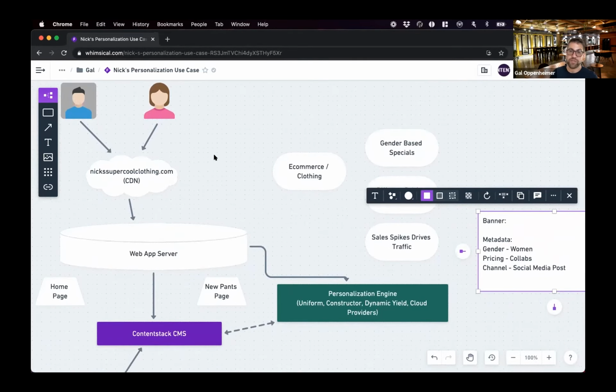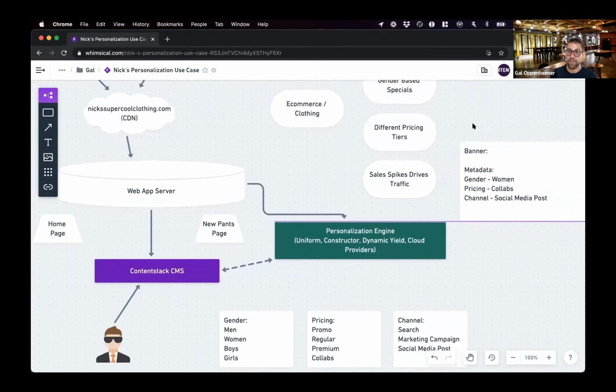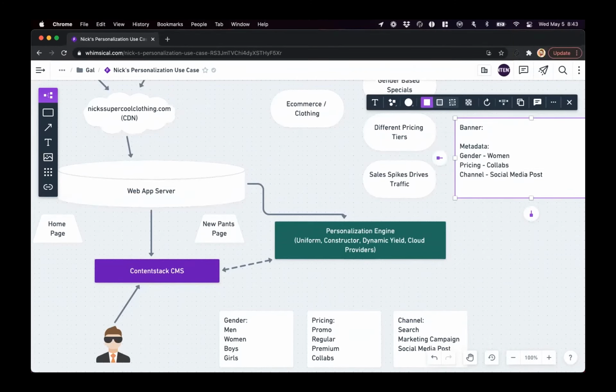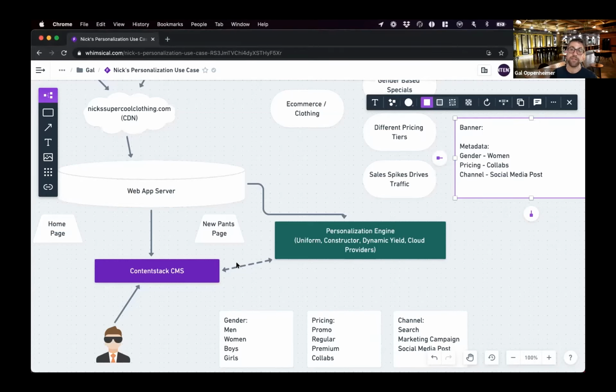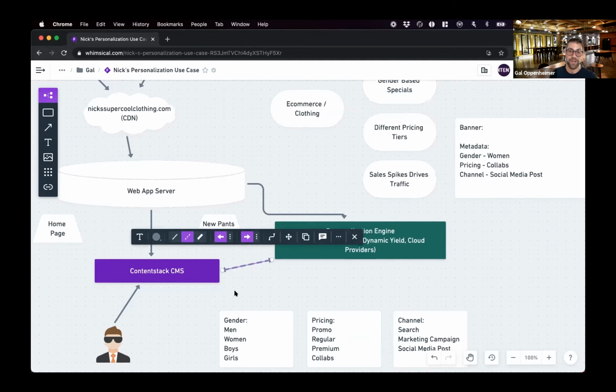Does that make sense? Any questions there, Nick, or any thoughts, anything I haven't thought about? No, it all looks really good. So you said that the custom field in Contentstack is how it connects everything together. Mm-hmm. Yep. Actually, I didn't say it, but thank you for putting the words there.